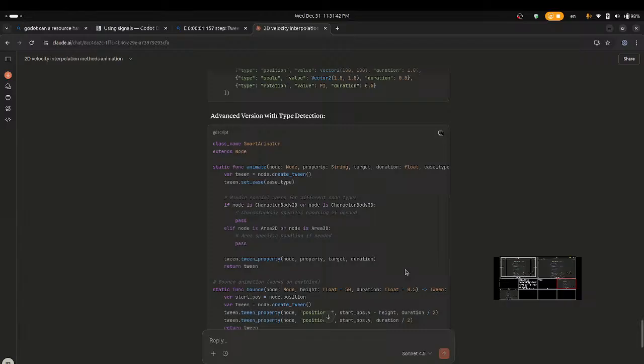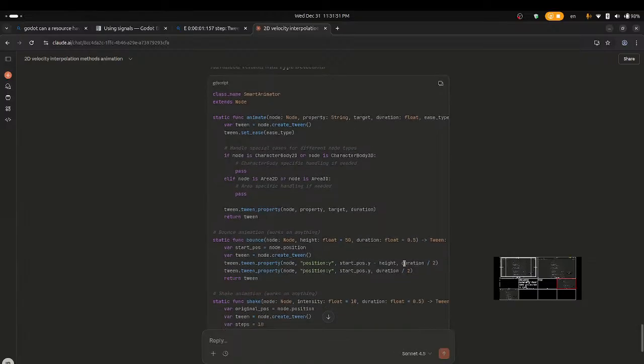For animator, takes in the node type, if it's a character body, character body specific handling. If node is area,